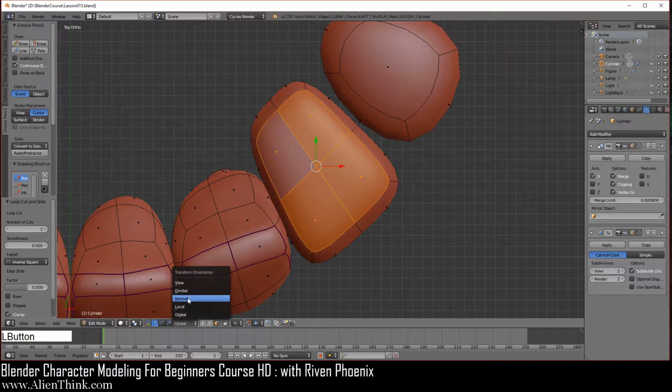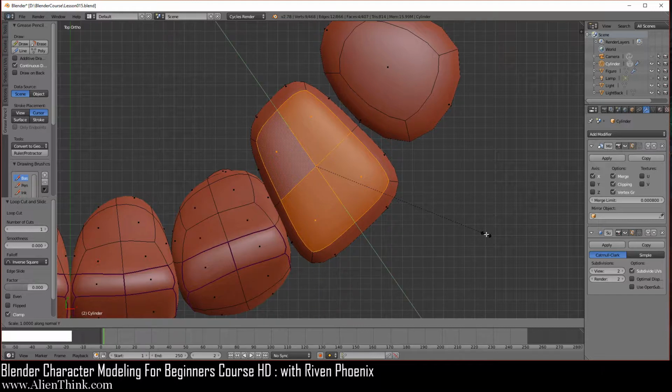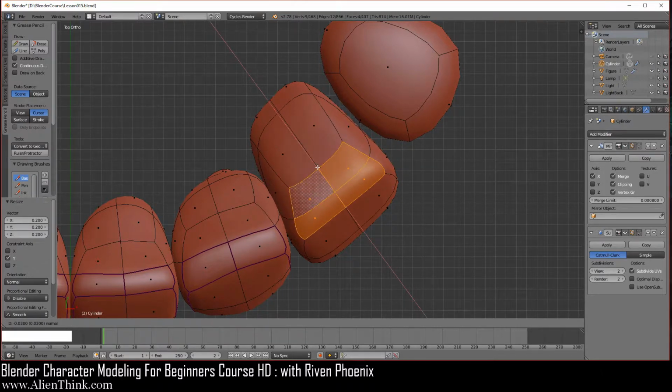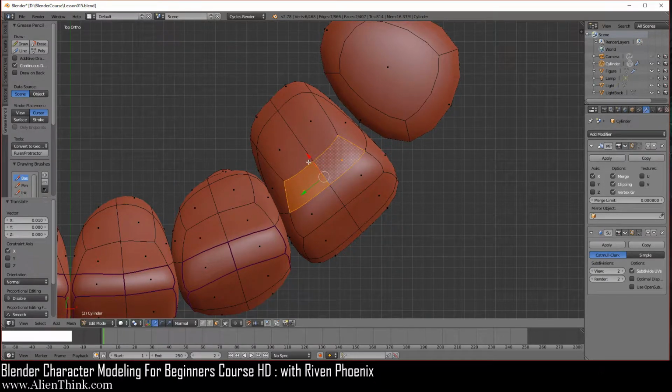So here I'm just going to switch to normals to align it with this edge. We're just going to press the S key to scale and press the Y key one time and then again the second time. And then come in with the mouse to the left, 1, 2, 3, 4, 5, 6, 7, and then 8. And then left click to confirm. Then click on this red arrow and bring it in 1, 2, and then 3. Then click on this face, shift key down this one and bring it out one time.